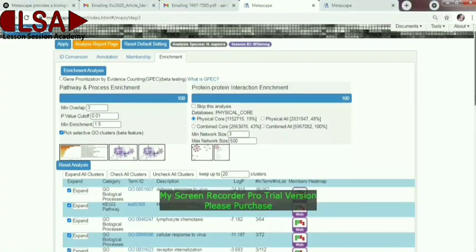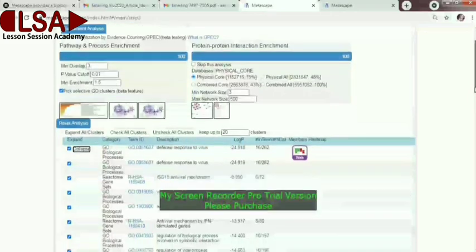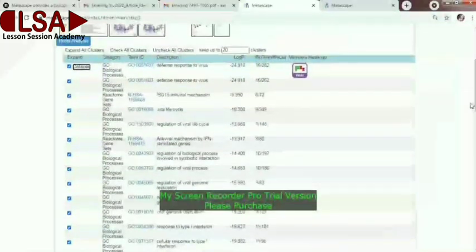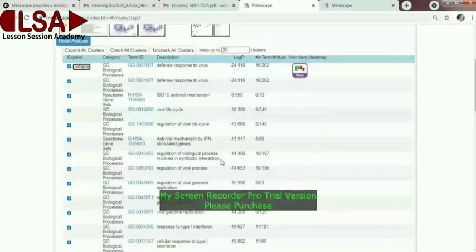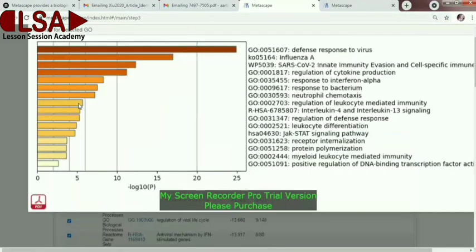Okay, here you can see that it is a very big list, and you can click on expand, and you can expand all the biological processes and related descriptions and IDs. You can use these IDs and these categories and their descriptions in your paper according to your interest. And here it also gives the members heat map, which you can use according to your interest. And here this is the important analysis.